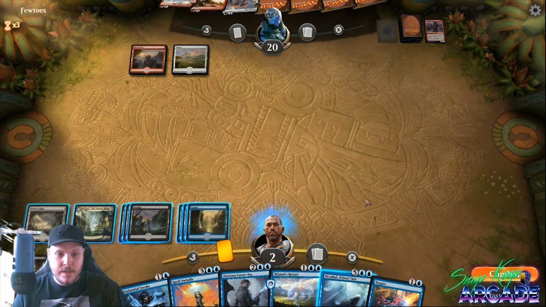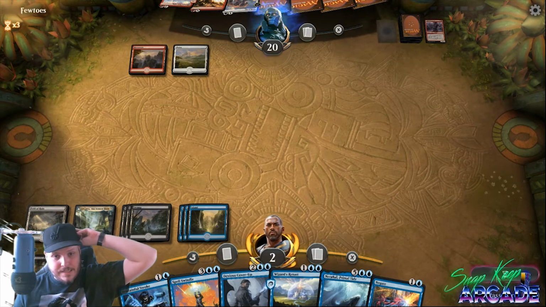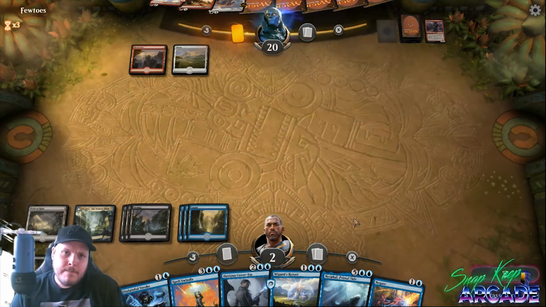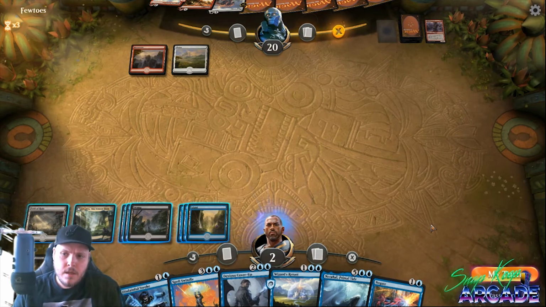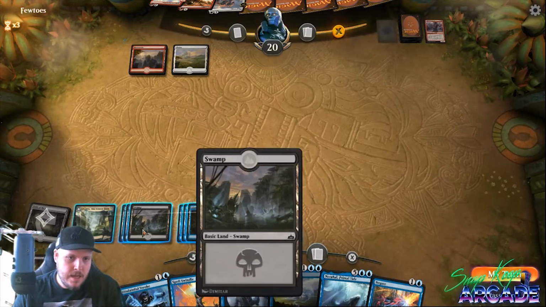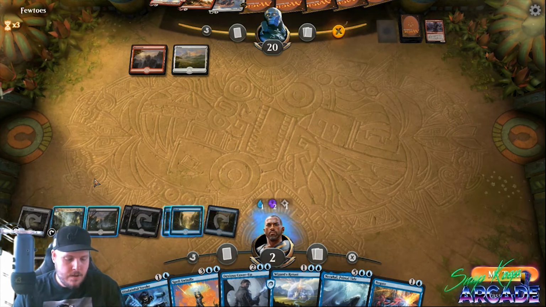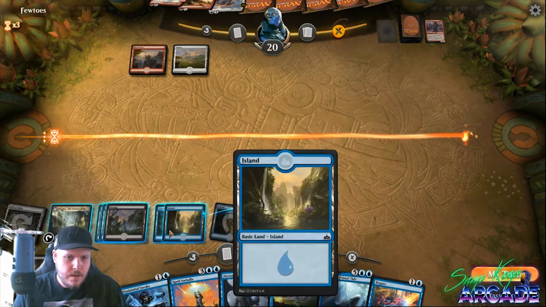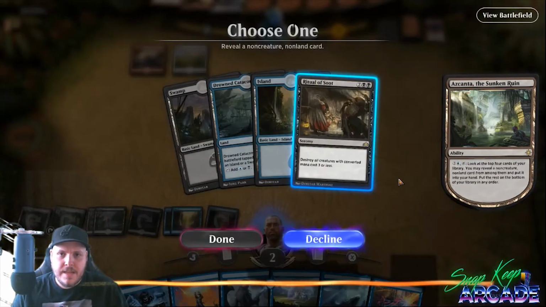Okay, so now I have a Negate, which is really good. But yeah, we essentially just have to keep going and just wait until we get rid of all the cards in his hand. This is very, very close. If we start gaining life, which I don't know how we gain life, actually. Okay, so that, and that. Oh, wait, no. Now we can look at the top here. Anything that gains us life, but...